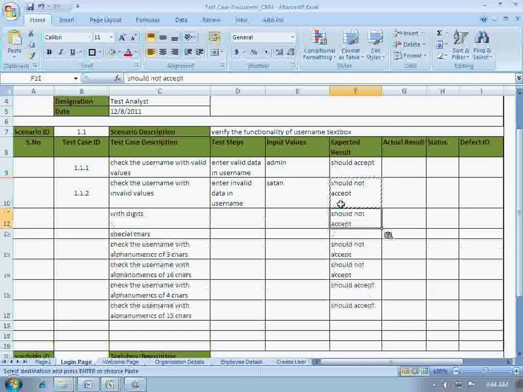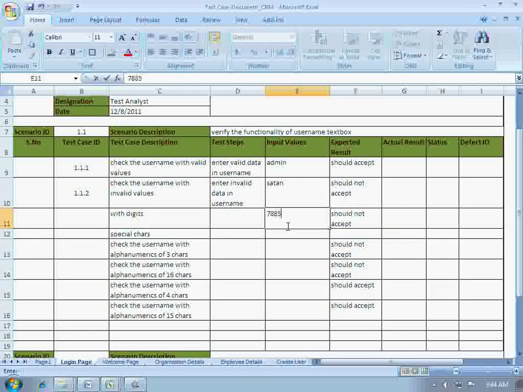And the input values here could be anything, and the test step should be enter digits in the username. And special characters it should not